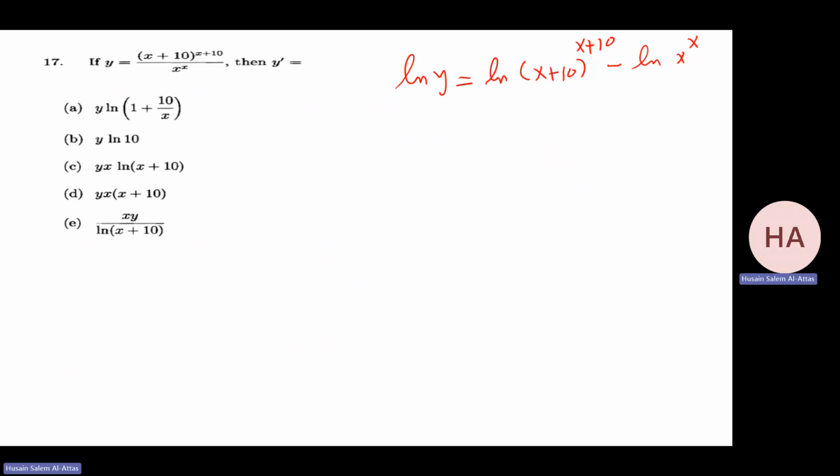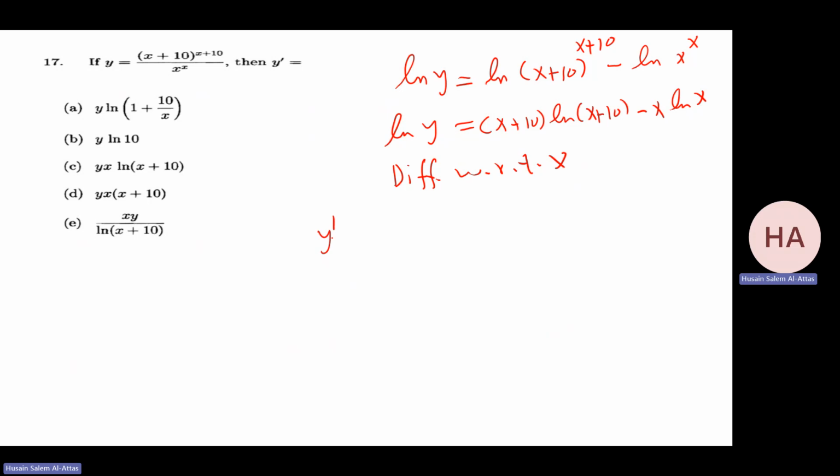That gives me x plus 10 ln(x plus 10) minus x ln x. That will be ln y. Now differentiate with respect to x. You get y prime over y will be